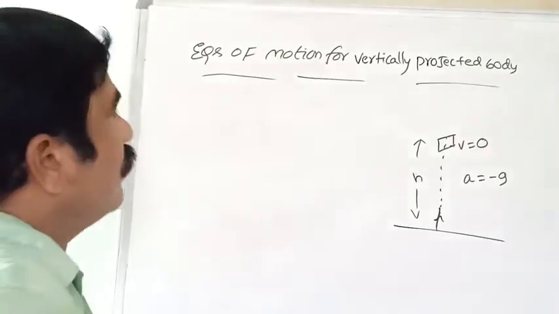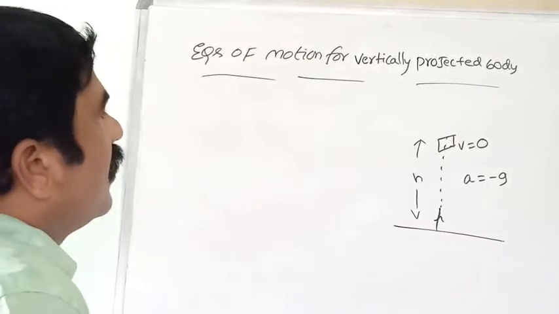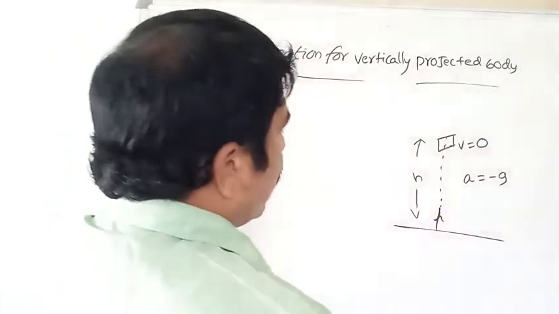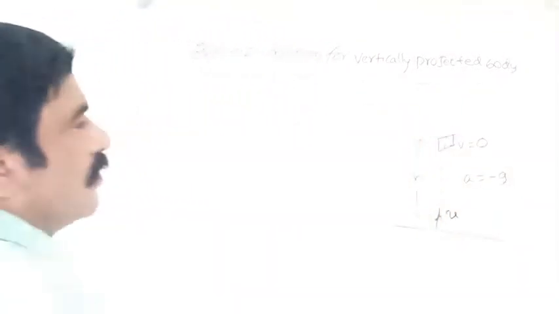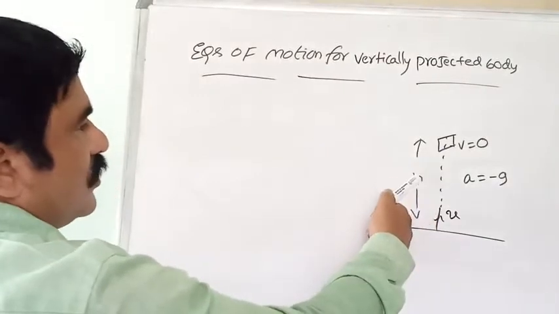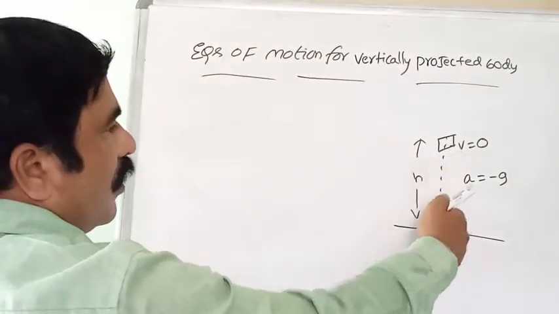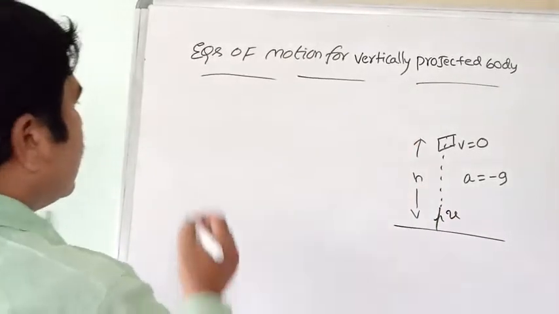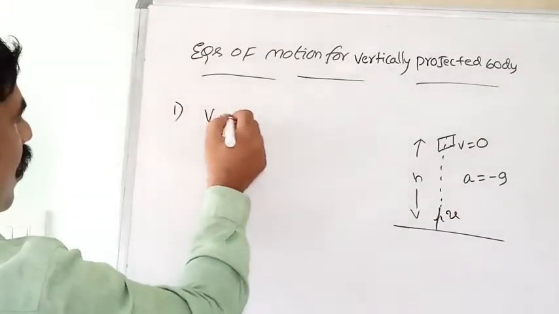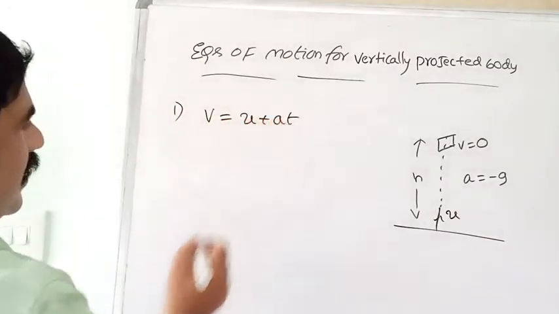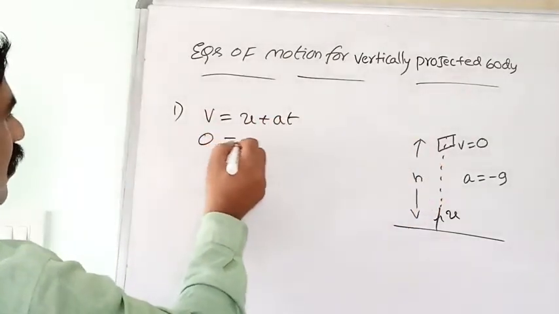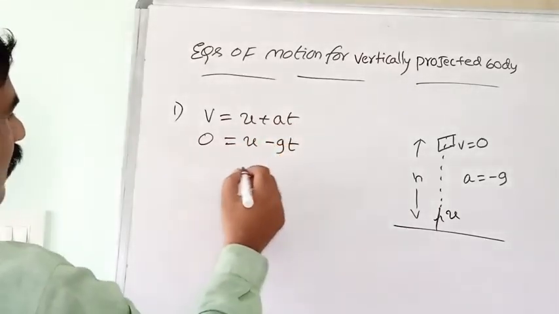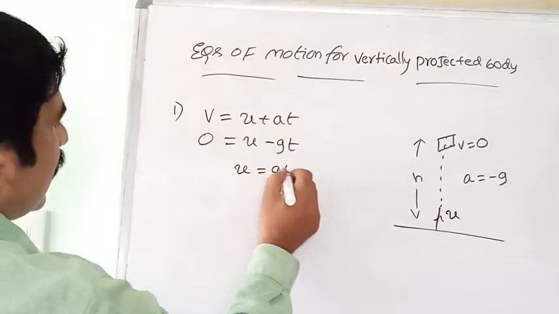Okay. Now, equations of motion for vertically projected body. Suppose a body is projected with velocity u vertically upwards, it reaches height h, final velocity must be 0, acceleration is minus g. Then apply these conditions for equations of motion. First equation we know v = u + at. In this substitute v = 0, u only, a = −g, t only. Therefore